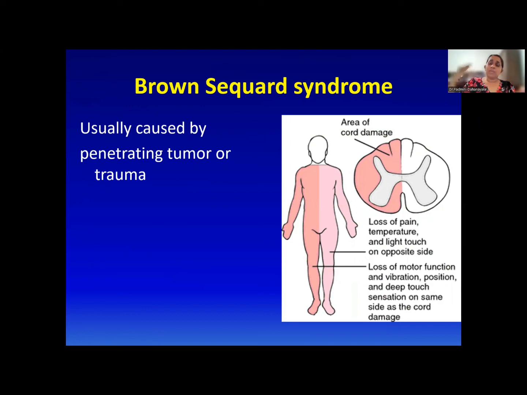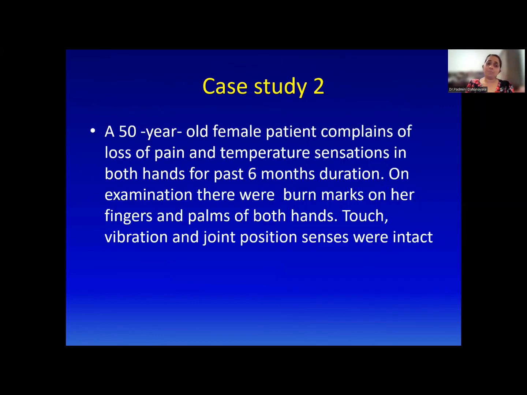while loss of pain, temperature, and touch, right? That is crude touch sensations which are coming from the opposite side will be affected. So that is known as Brown-Séquard syndrome. Then the next one,